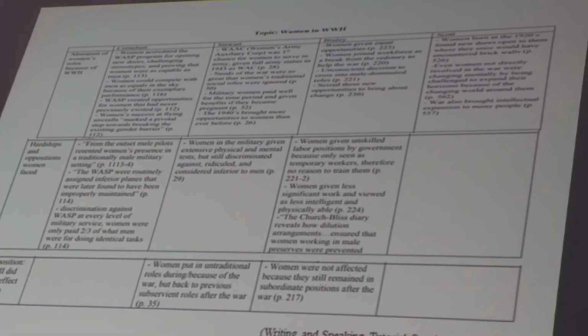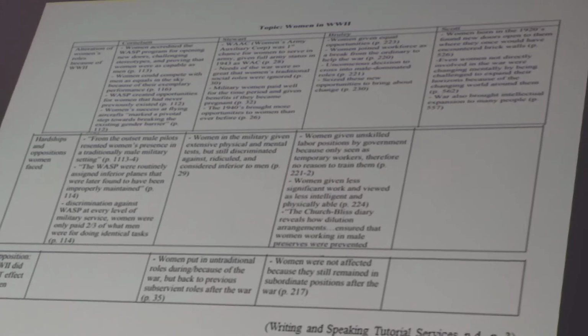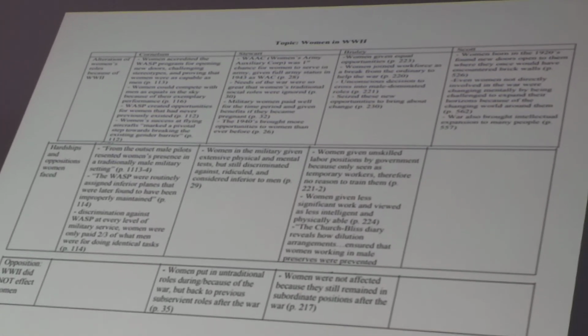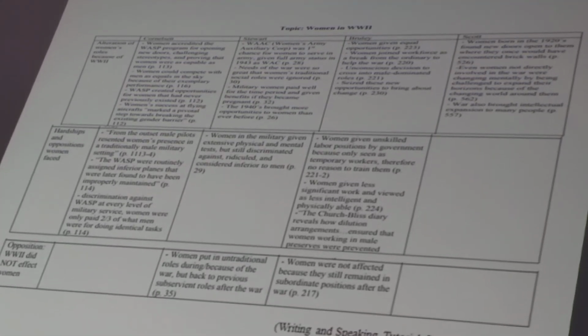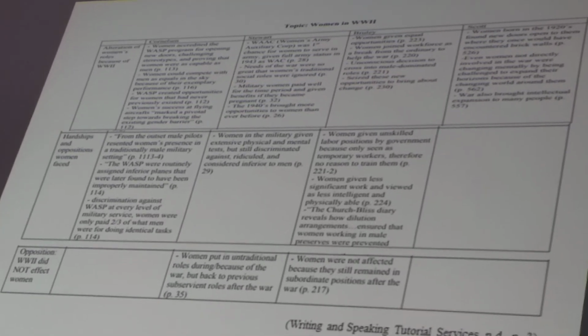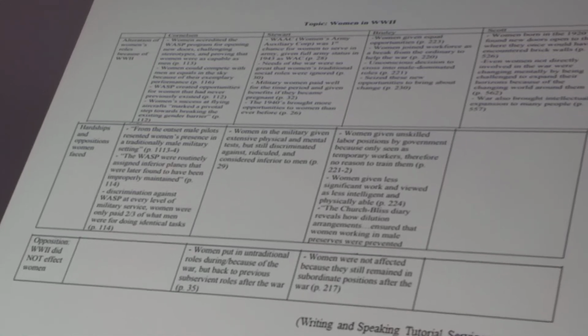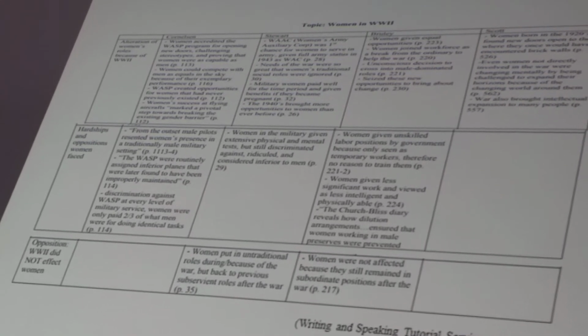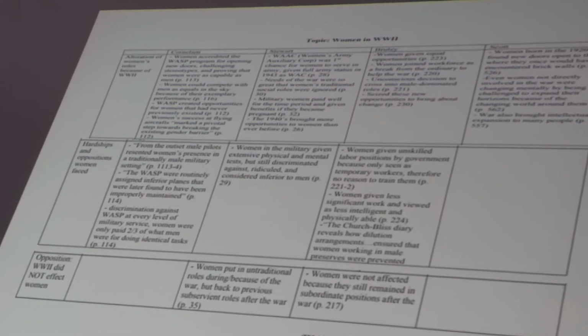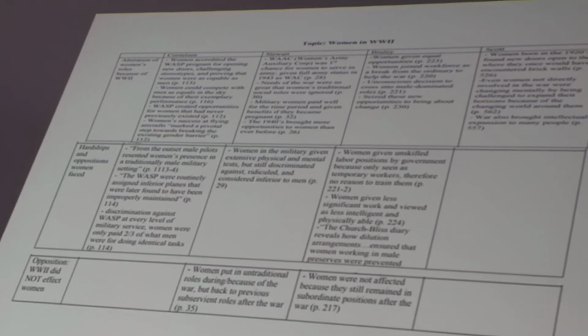Concerning opposition, or what is called the counterclaim. The counterclaim here, for example, Cornless. So he didn't provide a counterclaim or opposition about the issue or the argument that the Second World War didn't affect women. Concerning Stewart, he provided an argument about that